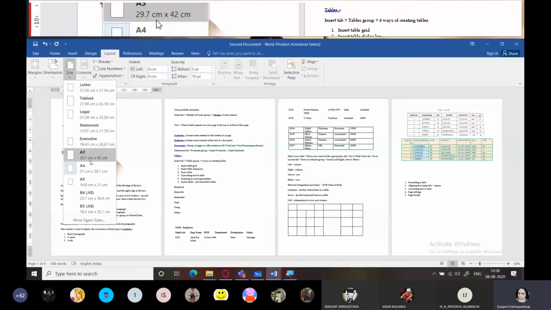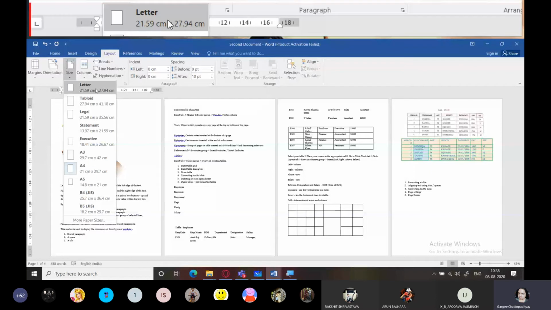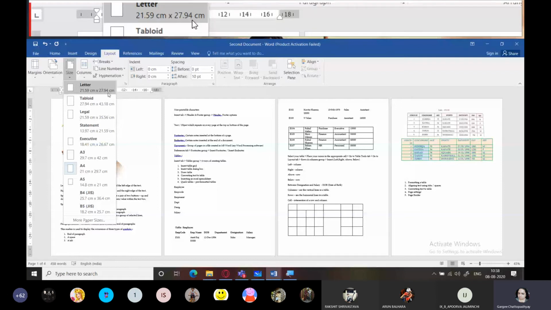So normally, people use letter size as the standard size for printing, which comes with these dimensions, 21.59 centimeters by 27.94 centimeters. You go to the stationery shop and tell them, give me letter sized pages. So he will give you a stack of letter sized pages.